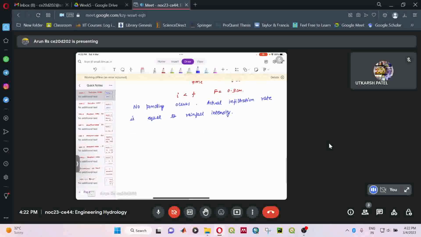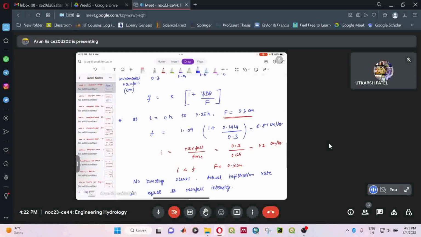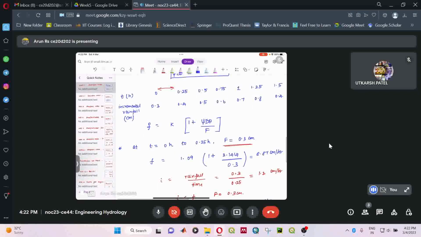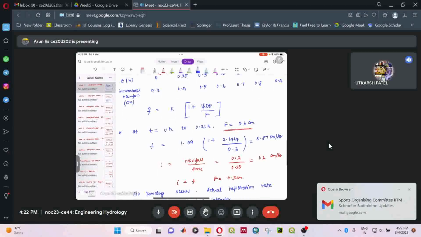Now we'll be repeating the same thing for all the other time steps. We have so many intervals, so we'll repeat the same step. First, we'll assume your capital F. Then you'll find out your small f, that is your infiltration rate. Then you'll check whether it is